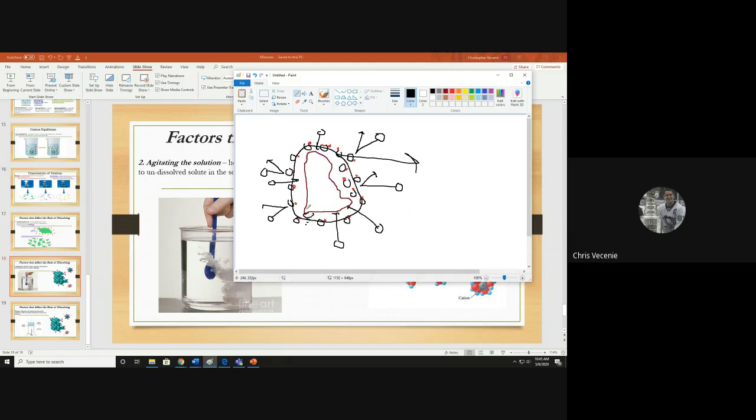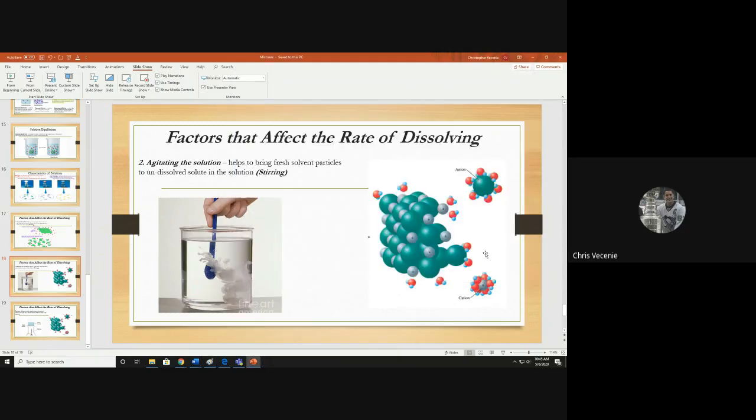And that's called bringing fresh solvent to the solute. So when we stir, we're getting rid of those dissolved ions that could be blocking us and letting new waters go in and keep binding, and it makes the thing break down more quickly. So that's factor number 2. Factor number 3